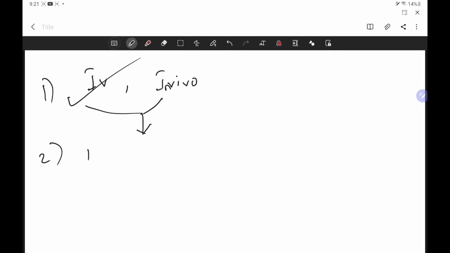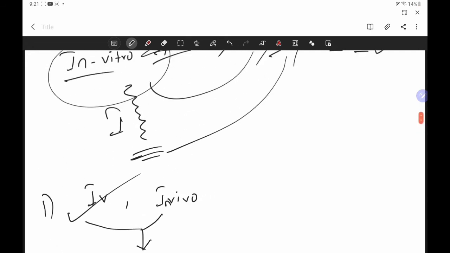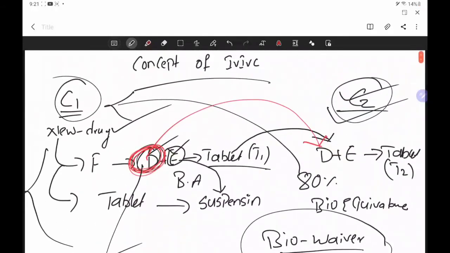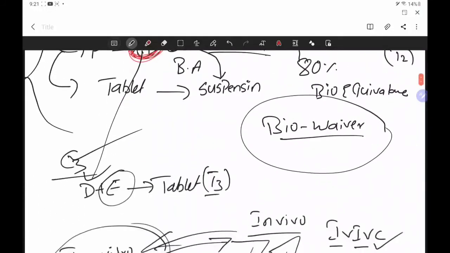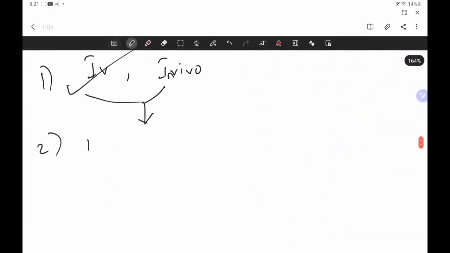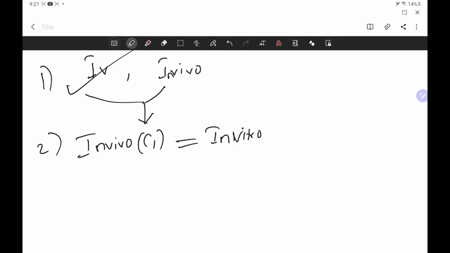Second method: previously we have in vivo data evaluated by company C1. Here, company C1 is the innovator, who has developed everything. So use that data, the in vivo data of company C1, then conduct an in vitro study of company C2, C3, and however many companies want to manufacture that tablet because its patent is expired. So use this data and compare the correlation.